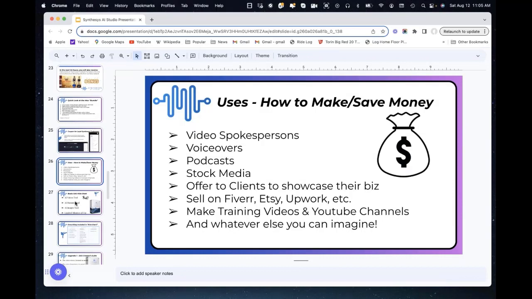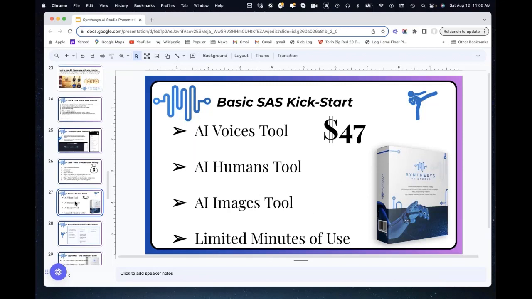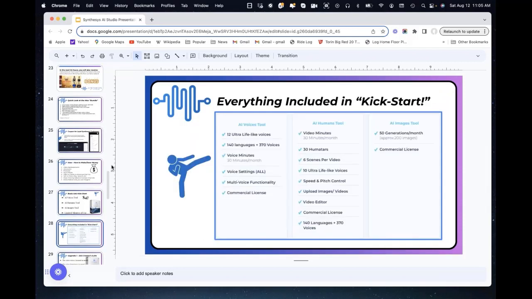Now, normally this is how it works. In just a few moments, in fact, just about now, we are releasing this in a separate venue onto the market. But I'm not going to be selling you this today, because this is not what I'm selling. I want you to get everything, and you'll see why in a minute. Because if you start going through what's called the funnel, you'll pay $47 for the basic tool, but you'll have limited minutes of use. And everything that's included in the Kickstart is listed right here. The Kickstart is that basic front end package, or in other words, the basic package with the limited minutes.